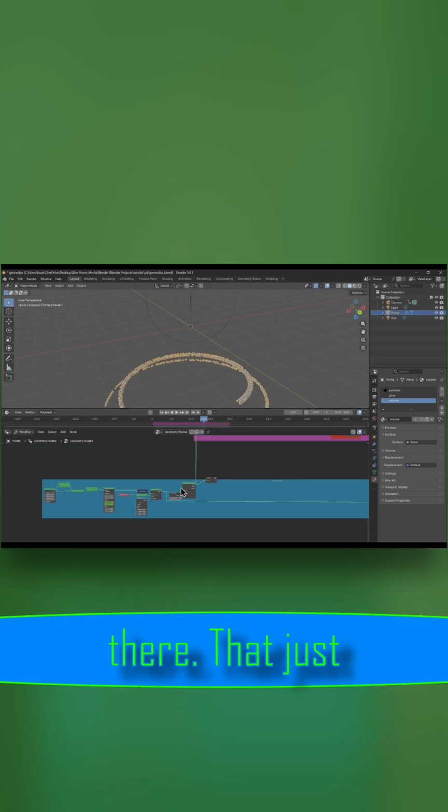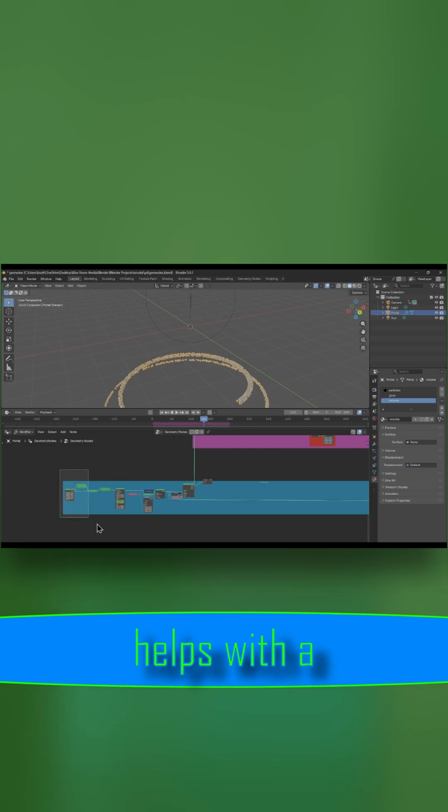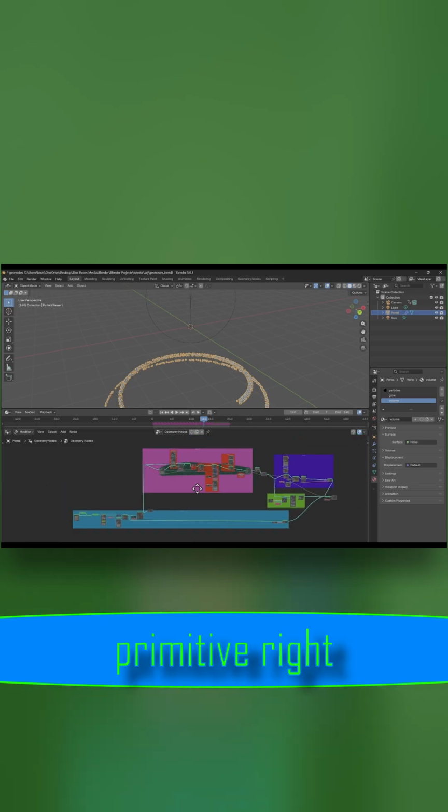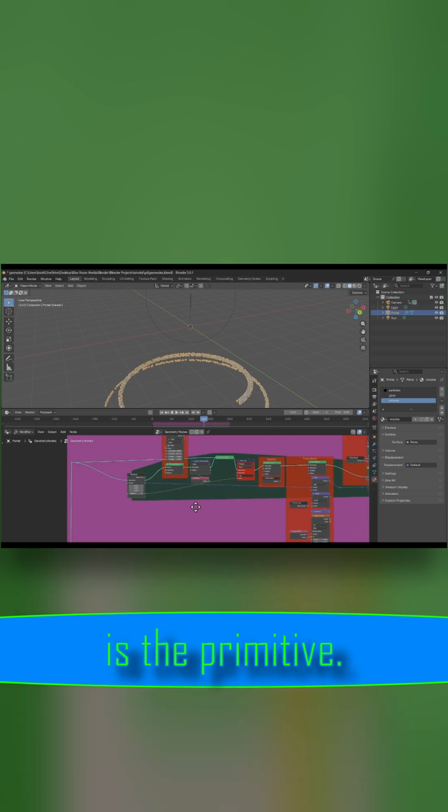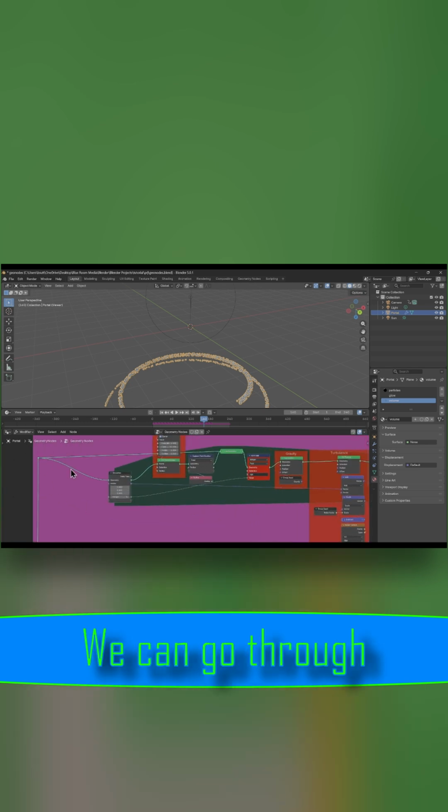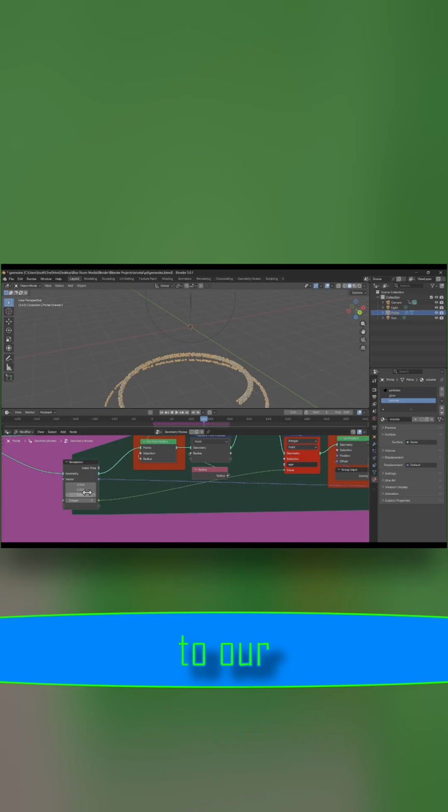So now that we have all of this primitive right here, all of this is the primitive. This is where our points come in. We can go through to our simulation. So those points go into the simulation. We have an initial vector velocity of 0, and then our integer starts at 0 because that is the age